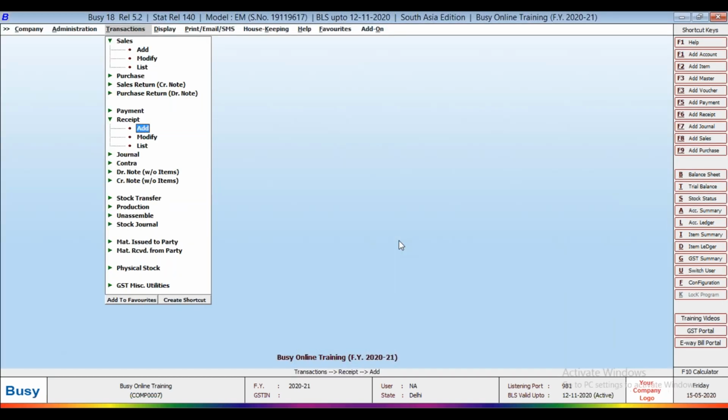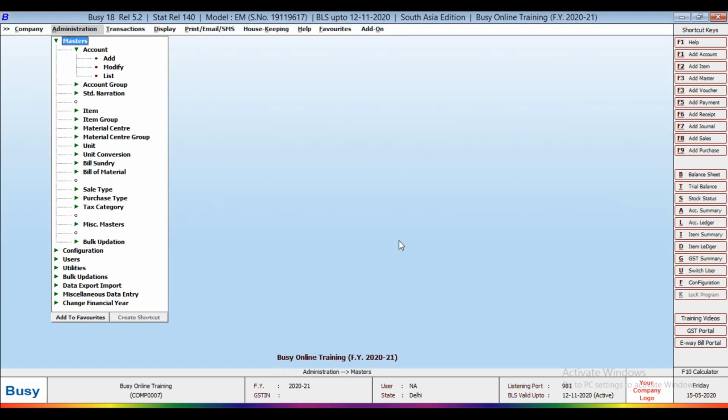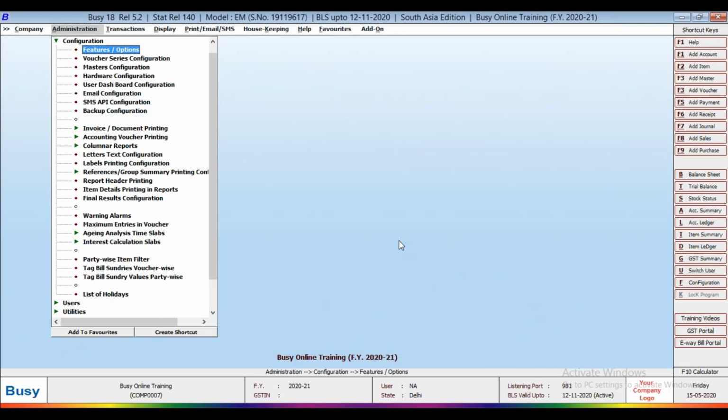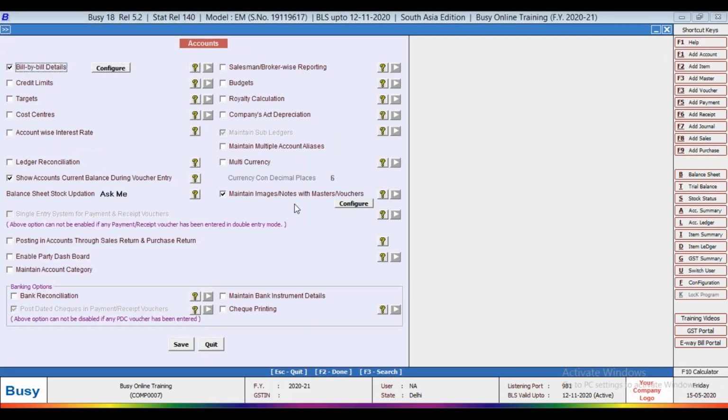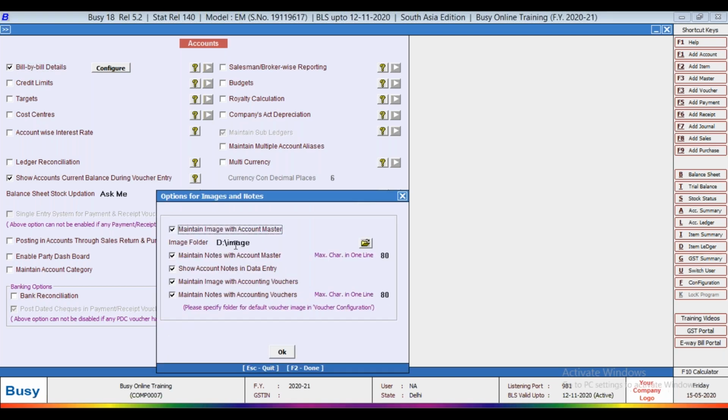So this option will work like maintain image and account notes with account master and vouchers. But remember one thing, image name and account master name will remain the same. Otherwise it will not reflect in accounting entries or any inventory entry.